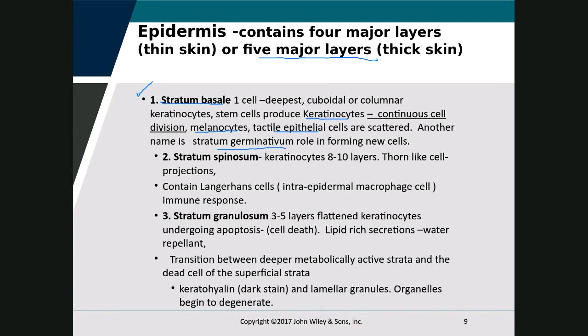As we move up, the next layer is called stratum spinosum. Remember, we talked about in the past that the Langerhans cells, or these intraepidermal macrophages, are located in this layer. This is the next 8 to 10 layers. Above that is the stratum granulosum. By the time we get to the granulosum, remember we talked about how this epidermis is avascular, so through the dermis, which is very vascular,